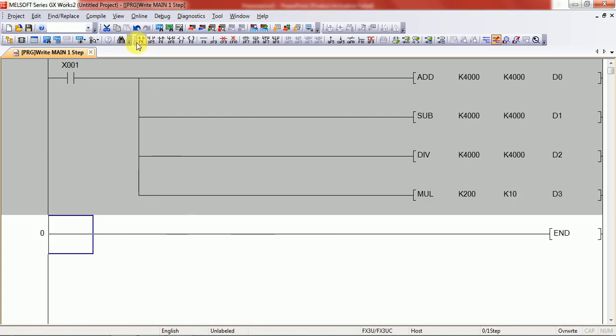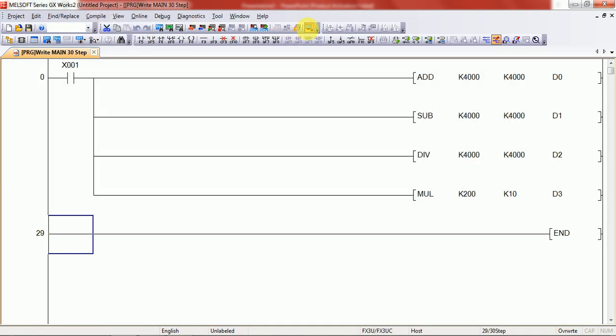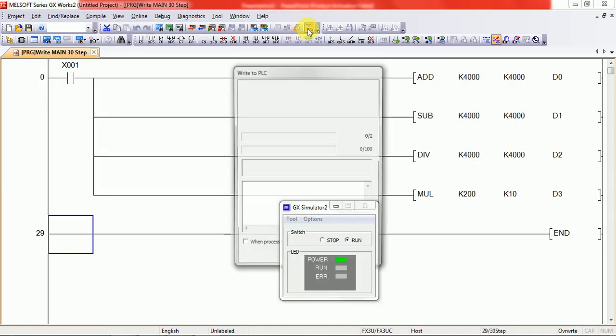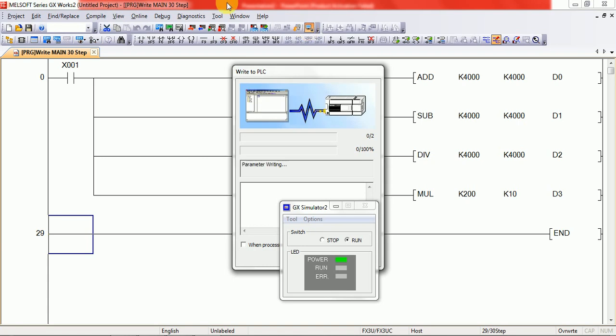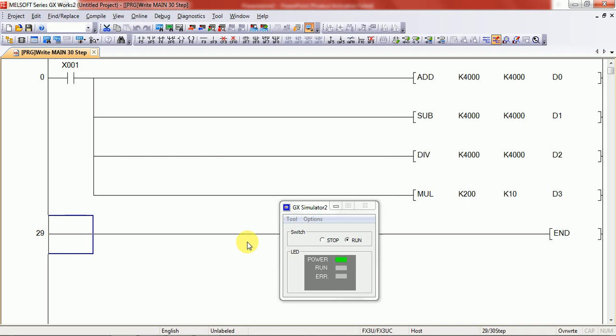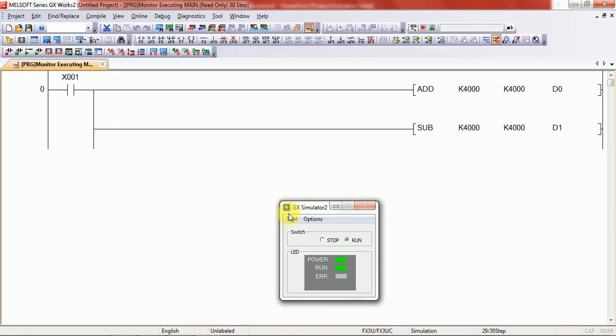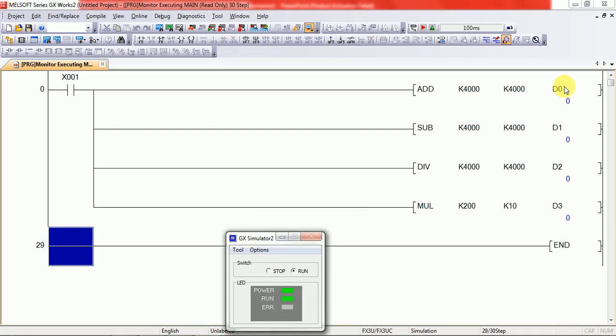Okay, now compile the program and simulate the program. You can see that at this time all the data registers have 0 value.